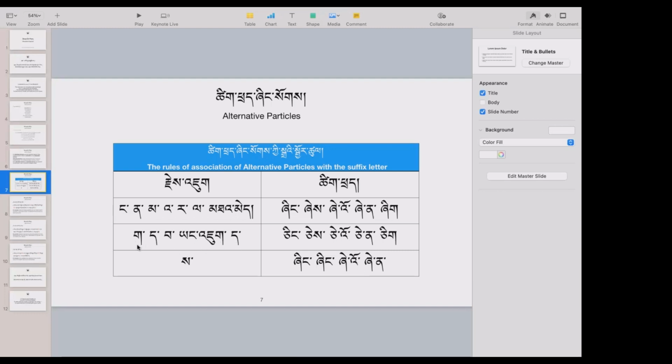So if a name or word has the suffix letter ka, ta, pa, and the post-suffix letter ta, these will be associated with the particles ching, che, jiu, jena, chik. And then in the case of sa, except for the particle she, it's not that it does not have the usage case. It has the usage case. So in those cases, you can use she or che